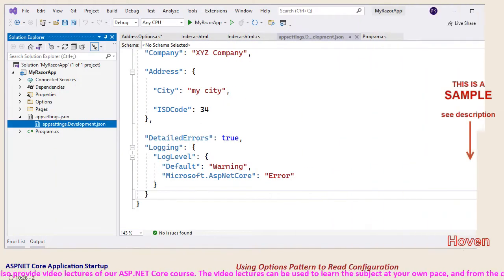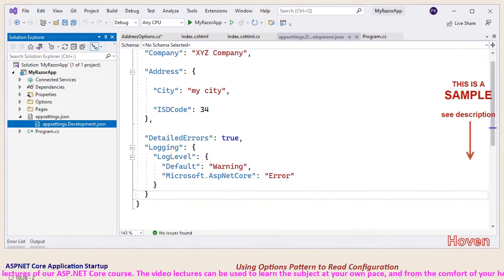Open the project in Visual Studio. This is the app settings file that we were working in our